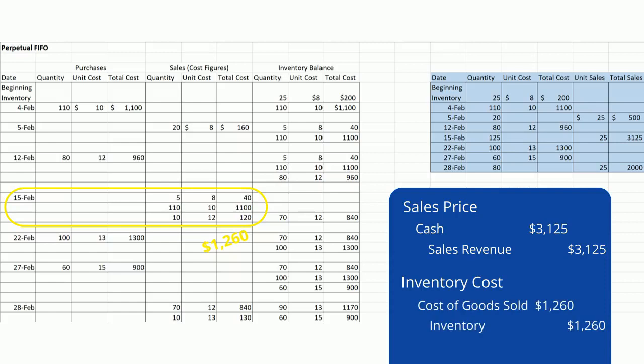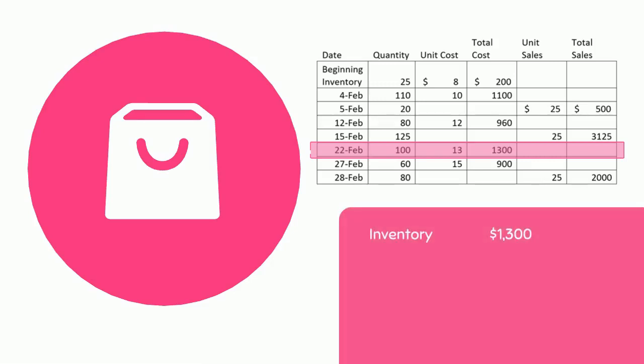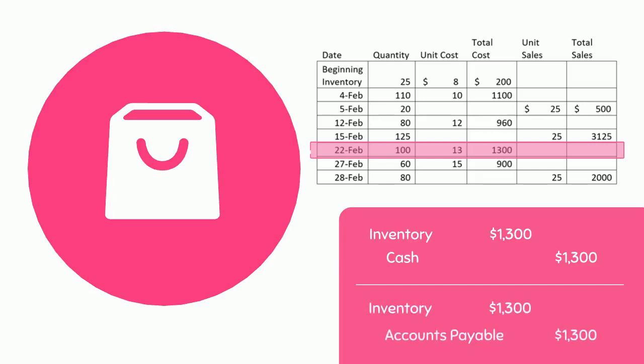As a side note, this means we made a gross profit of $1,865. What about when we purchase inventory? On February the 22nd, we purchased 100 units at $13 each for a total of $1,300. If we paid cash, the entry for this purchase would be a debit to inventory for $1,300 and a credit to cash for $1,300. If we purchased this on account, we would debit inventory for $1,300 and credit accounts payable